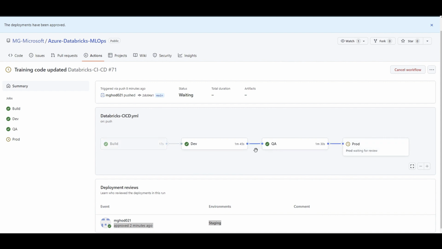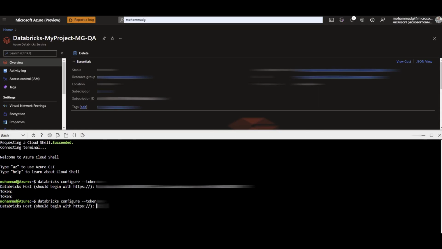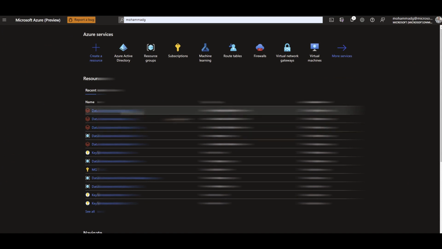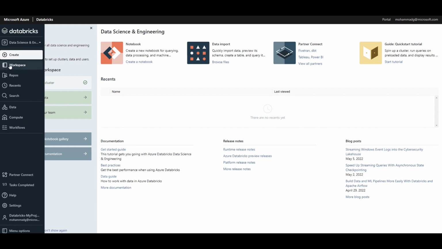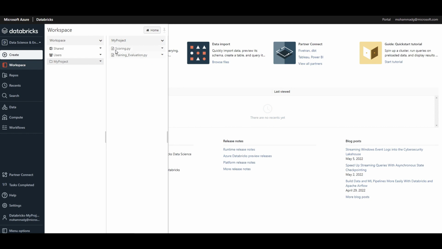So now the codes, artifacts, everything should be moved to staging. Well, let's check it out. I have to open the staging Databricks. So let's go to my Databricks, sorry, my Azure portal. Let's close that. You can see I have my QA Databricks, which was empty. We created it with the infra code. There was nothing there, and let's see if there is some stuff there. If I click on workspace, there you go. There's a project created by my GitHub action, and inside that, those files that we changed